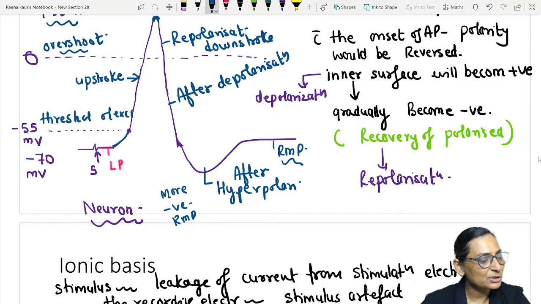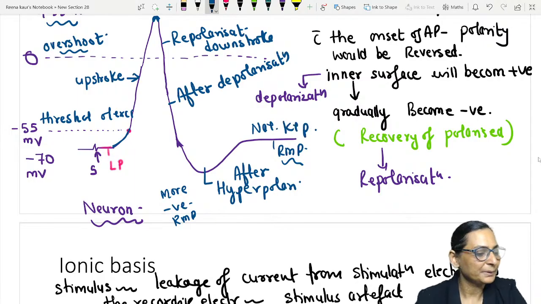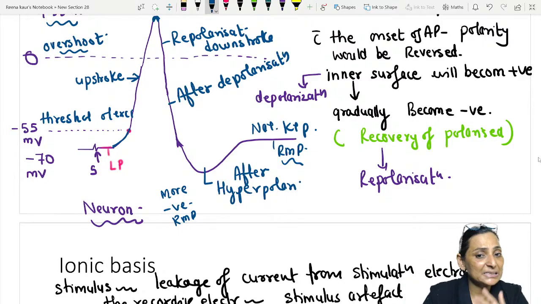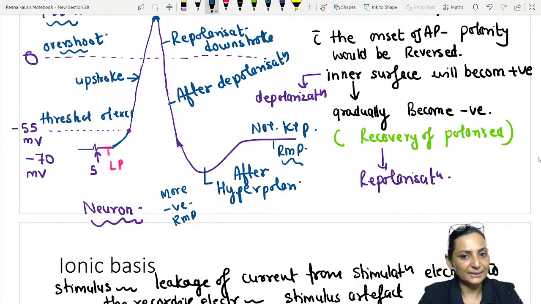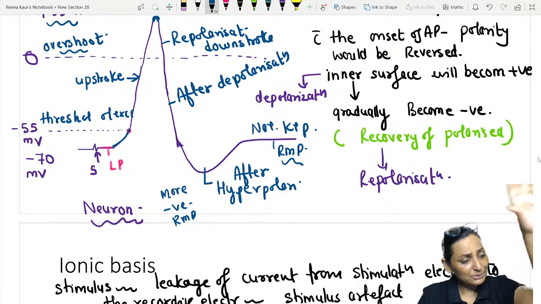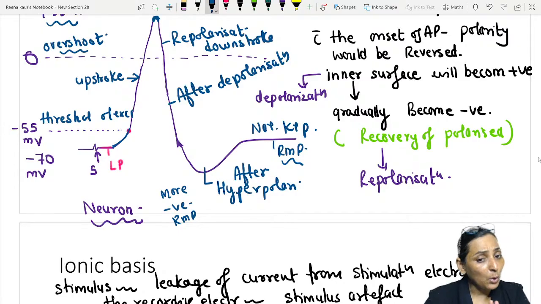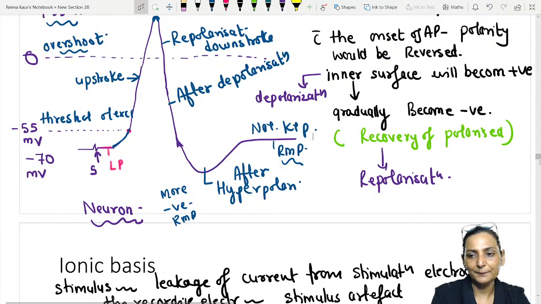Now, the re-establishment of the resting membrane potential is the role of the sodium-potassium pump. It will take care that if there is any extra amount of sodium present inside, it should be pumped outside, and the potassium which is outside should be brought back inside, so that you can re-establish the concentrations of sodium and potassium. So the sodium potassium pump has a very important role in re-establishing the resting membrane potential, because if you do not re-establish, you cannot create the next action potential. Okay, now